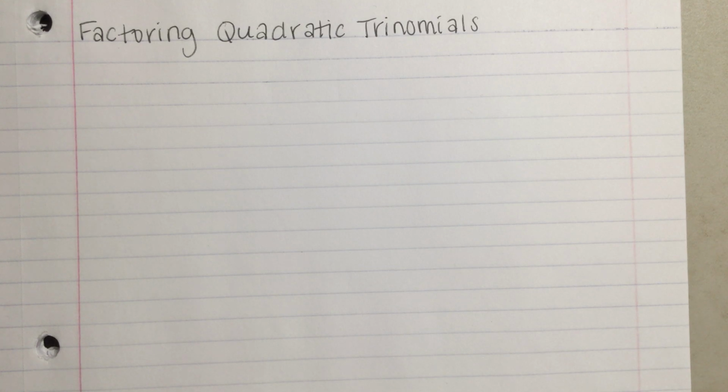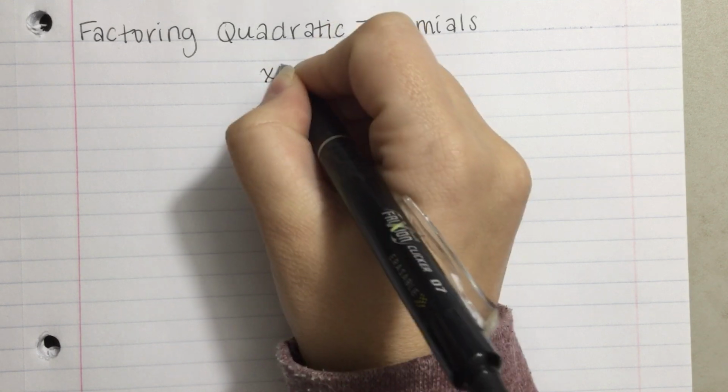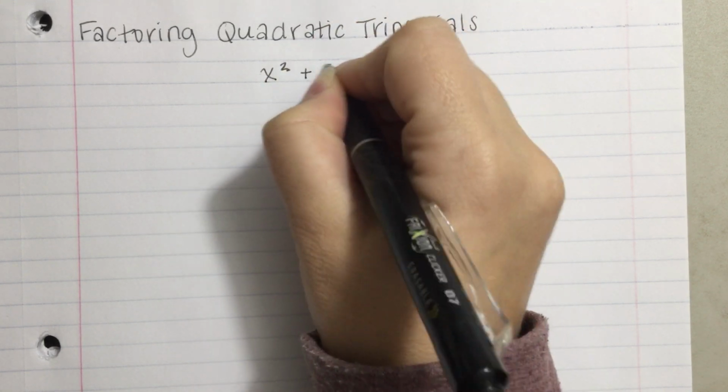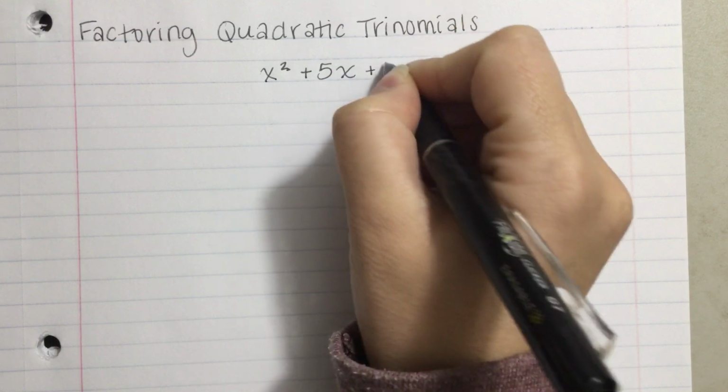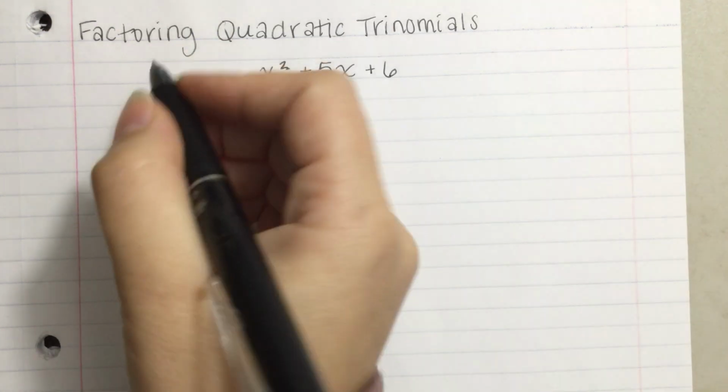In this video, I'm going to show you guys how to do something called factoring. We're going to be strictly working with quadratic trinomials. So for a reminder of what that is, a quadratic trinomial would be something like x squared plus 5x plus 6. And through your module, you should have been doing something called riddles, where you might have been given a